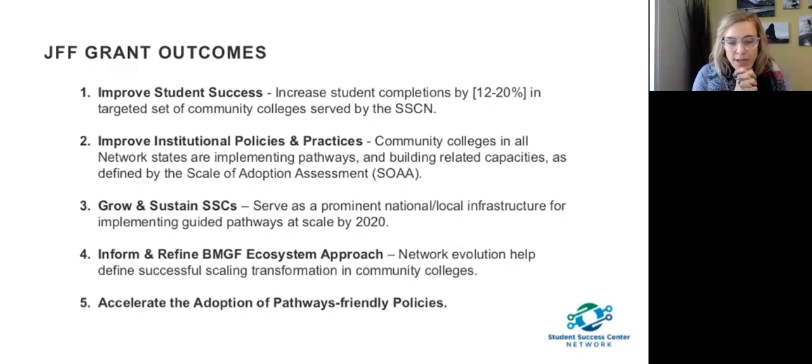So it's one of the reasons why we've received funding to support not only guided pathways services, but also services that help support capacity for the centers and for your colleges, like change leadership or communications.